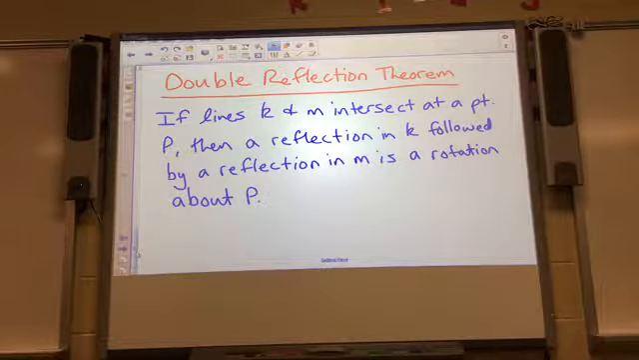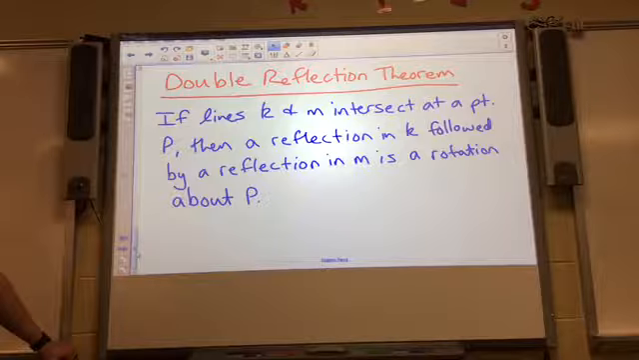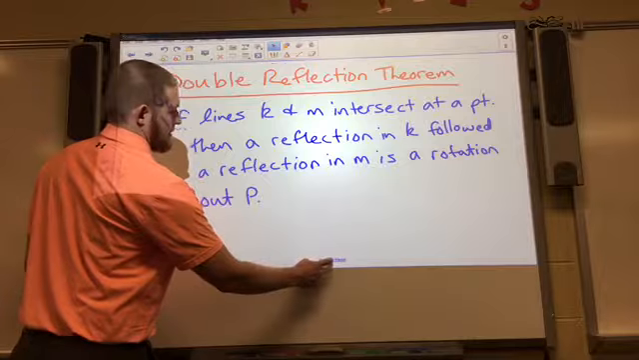Does everybody see how we have two reflections there? Double reflection. Okay, we're reflecting over K first, and then over M. When we all get that written down, we'll do a diagram and talk about that a little bit more. Everybody have that? Yes? Okay. All right, so the diagram that we have going on here,